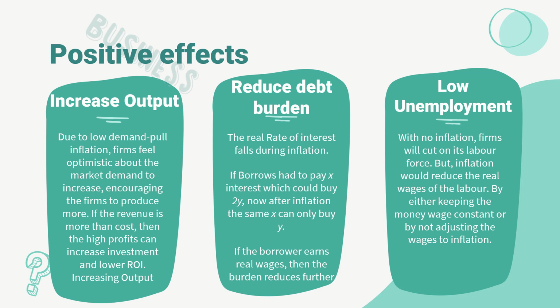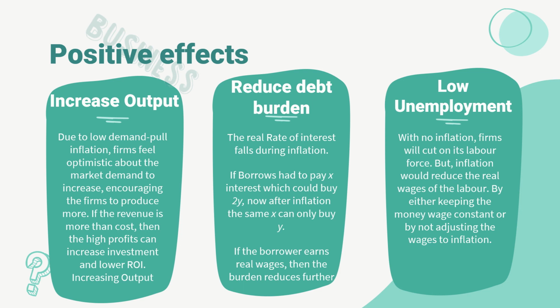wages. So now that I was paying them $10,000, the real value for the same has decreased. The real wage has decreased because now the same $10,000 could only buy, let's say, 80% of what they could buy before inflation. So the real wages of the labor have been reduced.